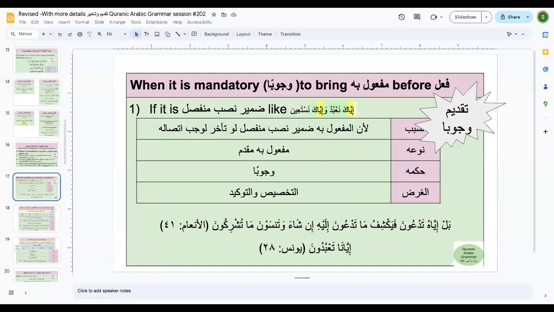So yes, jazakallah khair. It is very important because we have covered this topic very many times before when we were learning our pronouns. So I was like, why are you asking this question. But yes, if it was na'buduka, the meaning would have been we worship you. Nasta'inuka would have meant we worship you. But now you have iyaka na'budu wa iyaka nasta'in, so that is where you are getting the word only.